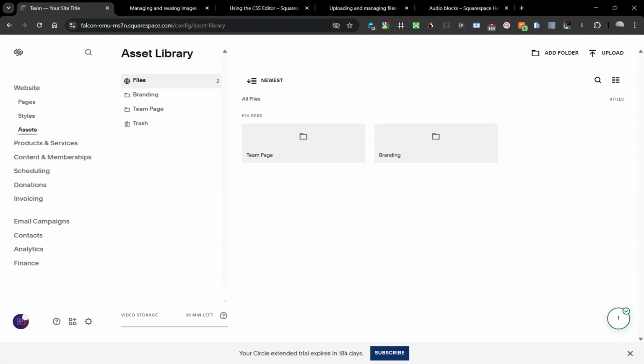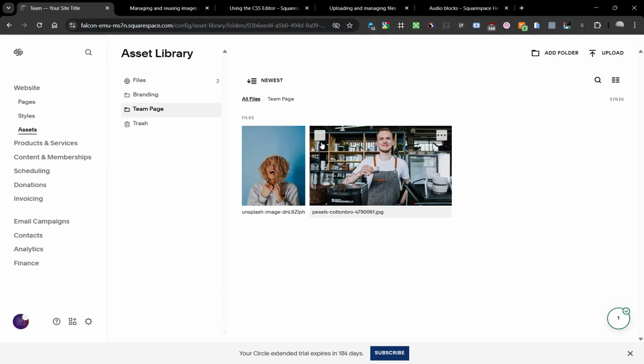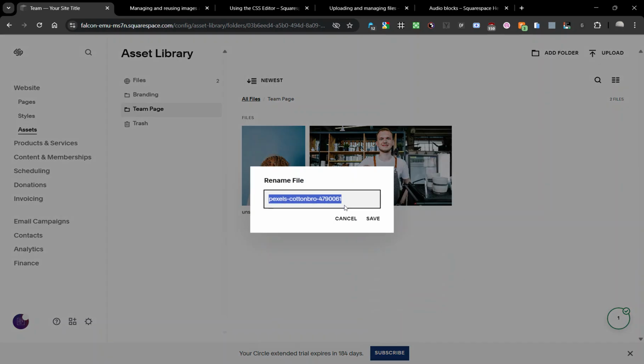so that when it comes to arranging things on my side and moving things around, it's just going to be faster and I'm not going to have duplicates. You can see the details of the file here and I can rename it. So I could rename this as